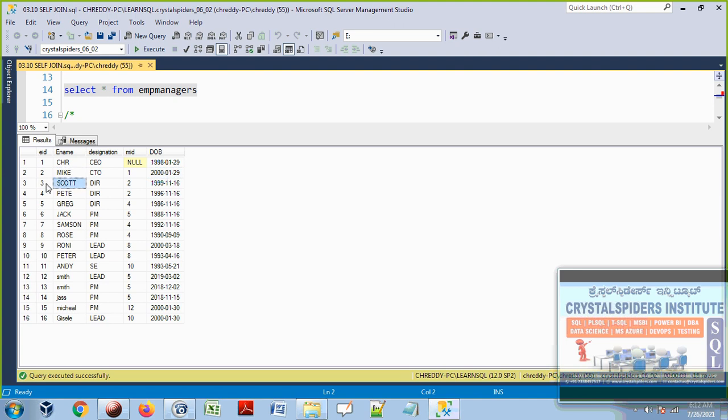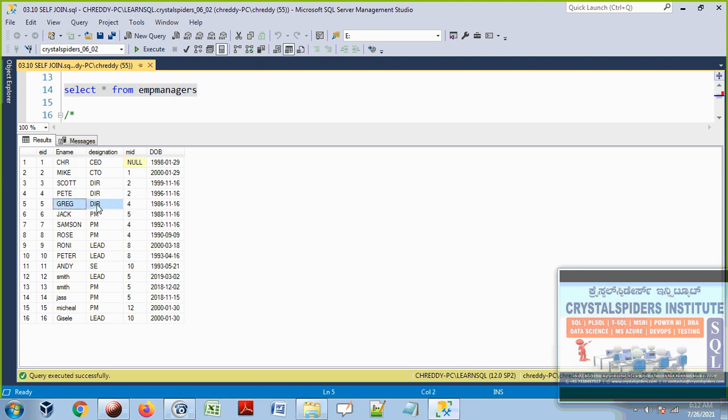Scott is another employee, his designation is director, and Scott's manager is 2, which means Mike. Similarly, PT is an employee, his designation is director, and PT's manager is 2, Mike.